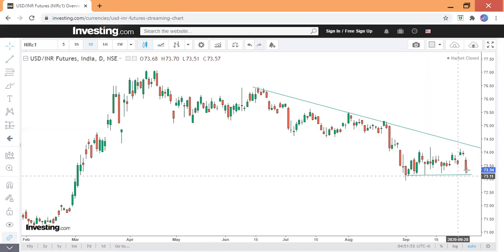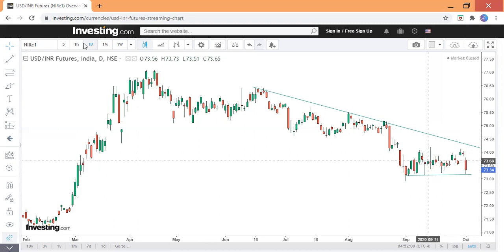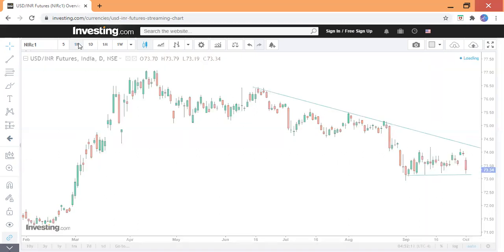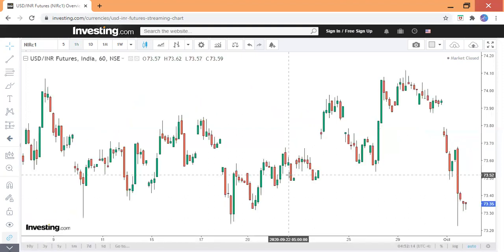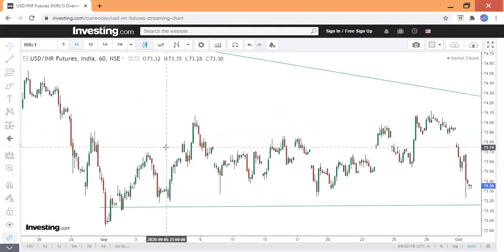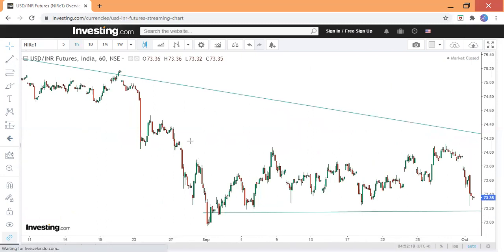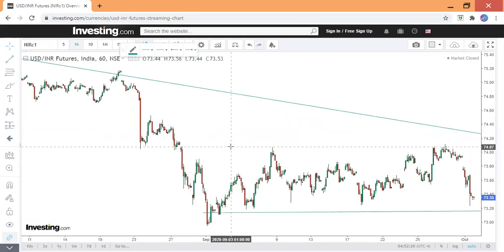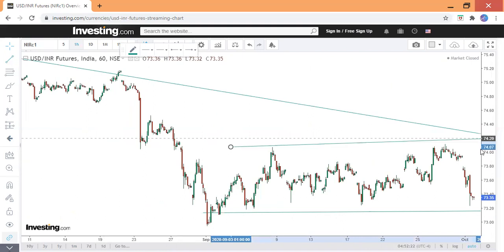So if again it takes support, but the resistance is also shifting to the downside, so very soon we will have a directional move on the upside or on the downside. But as of now we are looking for range-bound positions in USD INR on the daily chart. And if we see the hourly chart, we can make a resistance trend line on the higher side, a horizontal resistance line on the higher side.